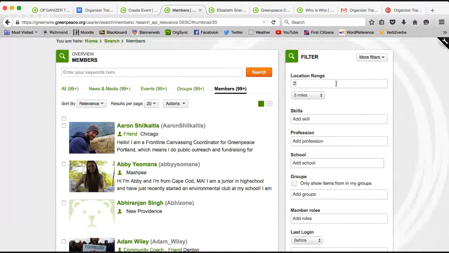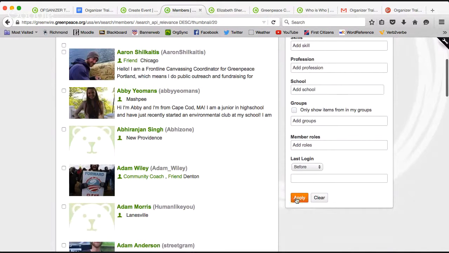I'm just going to type in my zip code of my hometown, and I would recommend where it says 5 miles right here, I always do 25 miles, so that's going to capture people 25 miles away and closer to this particular zip code, if that makes sense. So maximum 25 miles away, but everyone in that kind of bubble will be captured in my search. So then I'm just going to click apply.